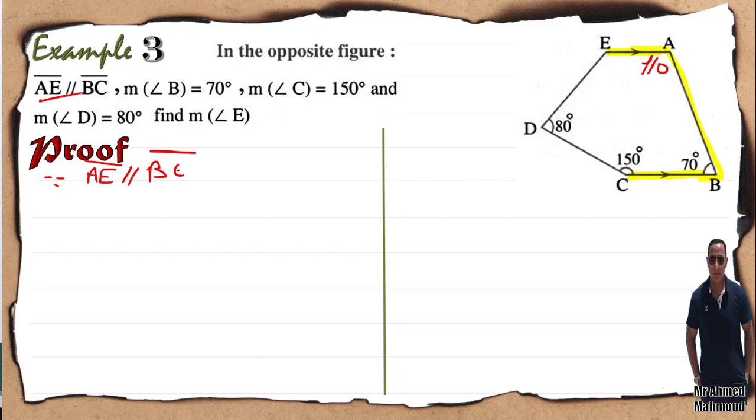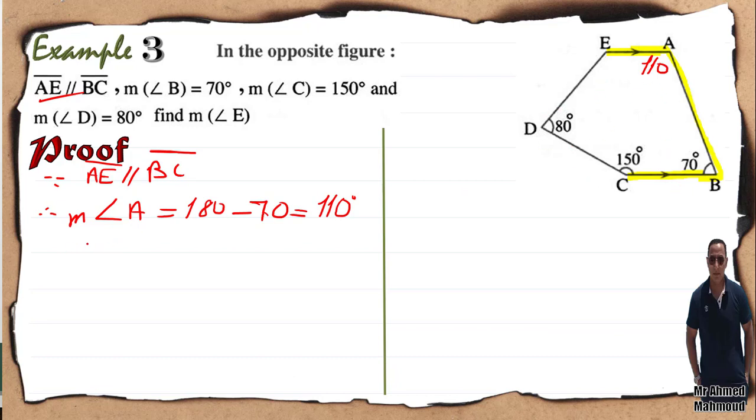Okay, since AE and BC are given, this one is given, therefore measure of angle A equals 180 minus 70 equals 110 degrees. Okay, now